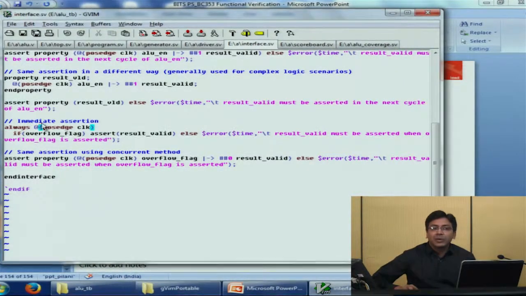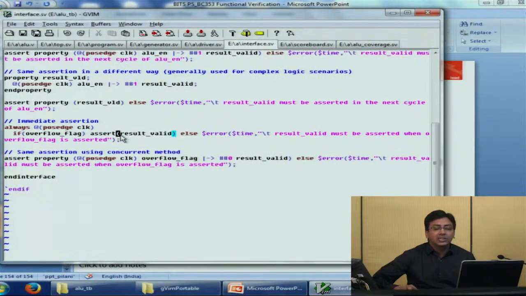Always means run forever based on the condition. And when do we look for the condition? The condition is the passage of clock. So look at the passage of clock. If overflow flag is high, then check the result flag. If overflow flag is not high, it will move to the next passage and check it again. So this is how it works. Come at the passage of clock, look for the overflow flag condition.